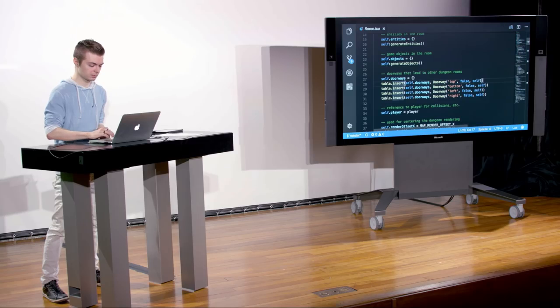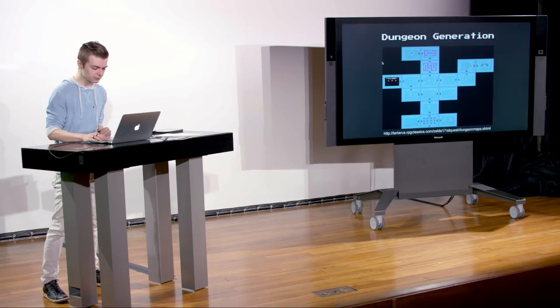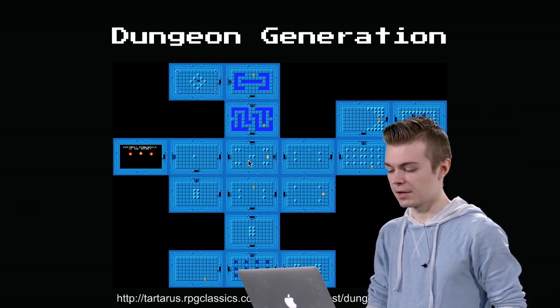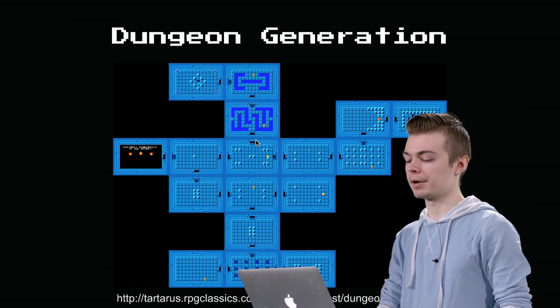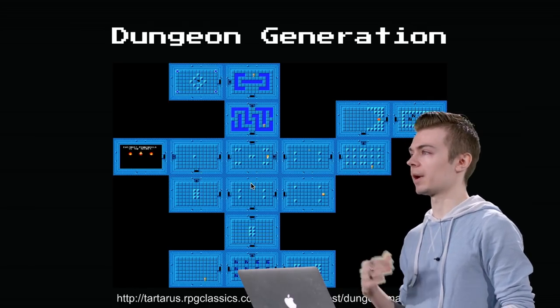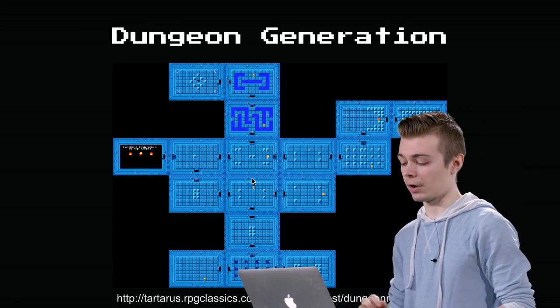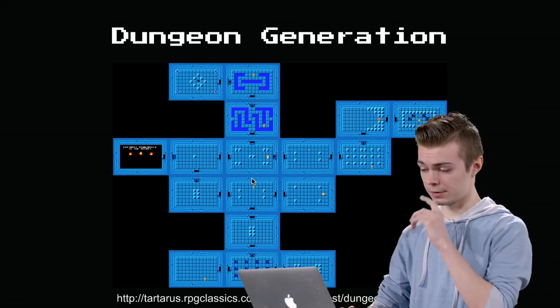But you could create a more complex system, especially if you have an algorithm that generates a dungeon dynamically, and maybe your rooms aren't necessarily hard set. Maybe you have a room, right? If we go back to our slides earlier, and let's say we're looking at this room right here in the very center, we can see it has a doorway on the left, a doorway up top, and a doorway to the right, but there's no doorway on the bottom. And that looks like an arbitrary design decision on behalf of the designers. But